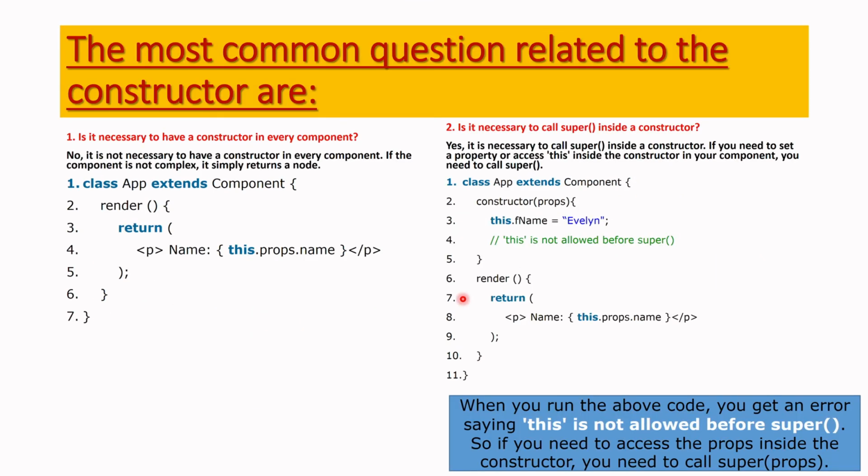So in that scenario, we have to write the constructor first, and then pass the props. After that we have to call super, and then pass the props, and then we have to use this.state and set the data, right? So it is not allowed before super. Okay, finally, when you run this code, you will get an error saying this is not allowed before super. So if you need to access the props inside the constructor, you need to call super(props). Okay,